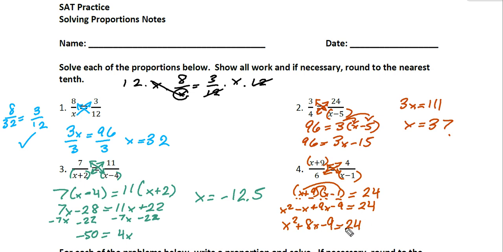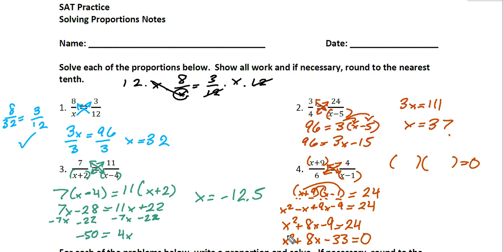But we want to set this thing equal to 0, so we have to subtract 24. And if we do that, we're going to get x squared plus 8x. And when we subtract 24 from negative 9, we get negative 33. Now from day 5, we remember that if this is factorable, and we're going to suppose that it is,